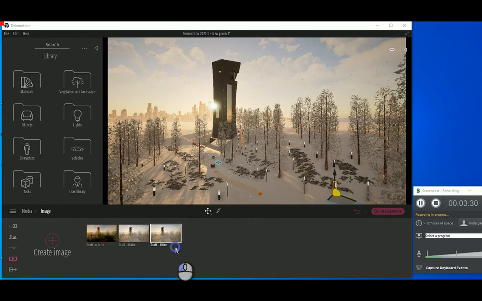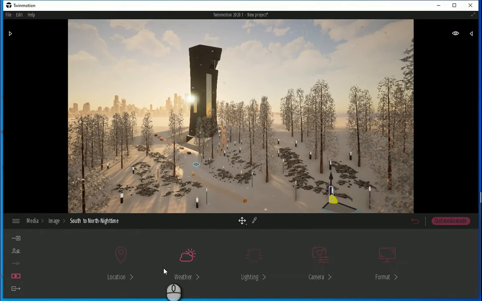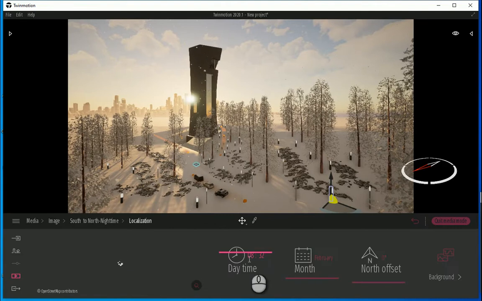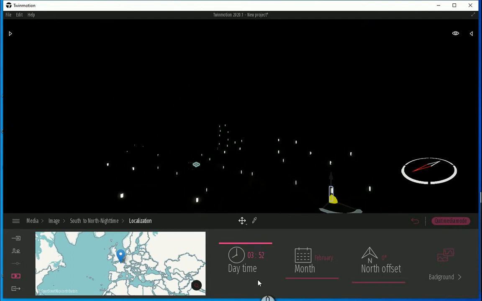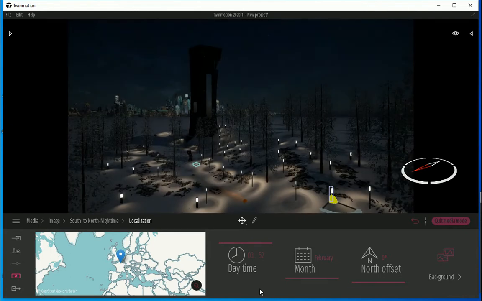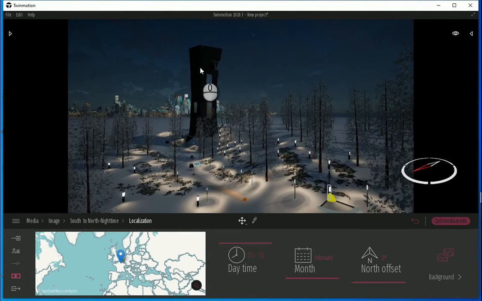So how about I go to the image, go to the location to change the daytime. If I move this up, it's going to be nighttime automatically. I'm going to see how it works and if the lights are enough, and then maybe I would add some lamps, some halogens over the building facade.